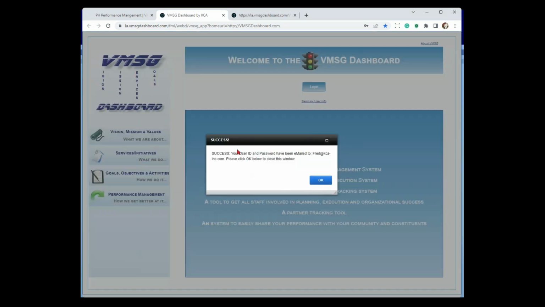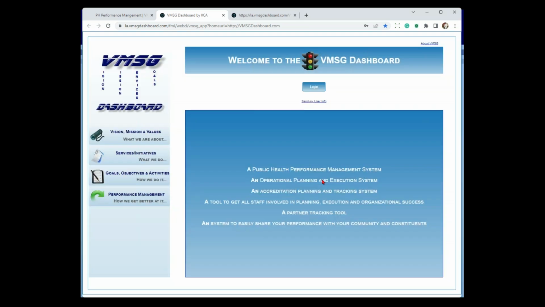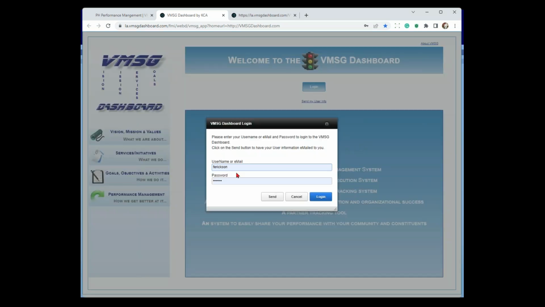Now I'm going to get the dialog box that says success, and that just says, hey, I found you and I sent you the email. Anything else you get up there, please contact us. Hit OK. Here's the login button we were talking about. Click on that. Opens the same dialog box again. Now, again, I can put in either my username or my email. So I'll put in my username and my